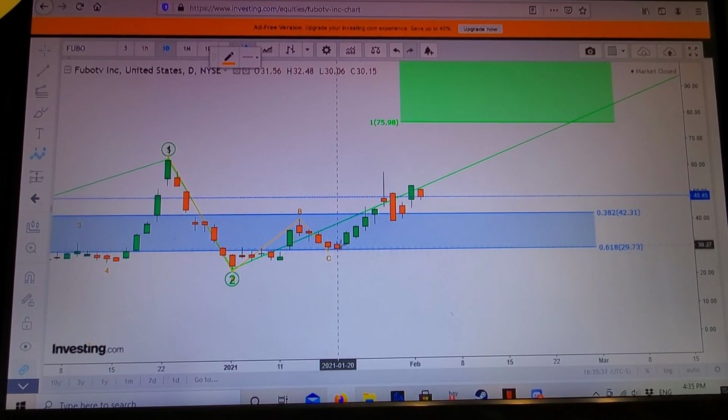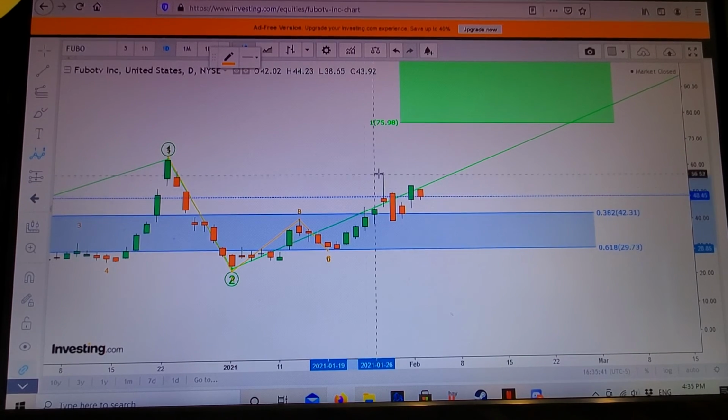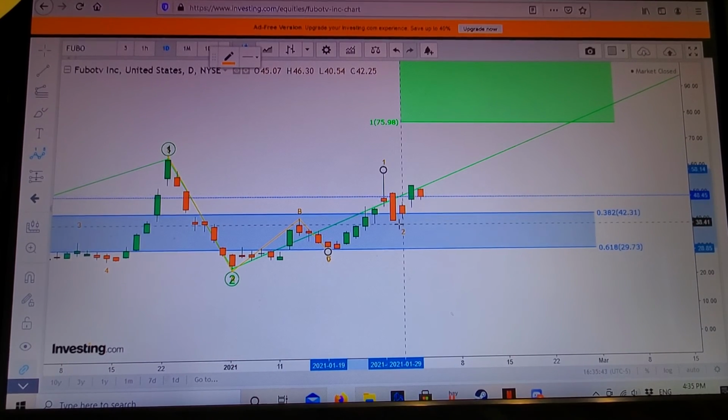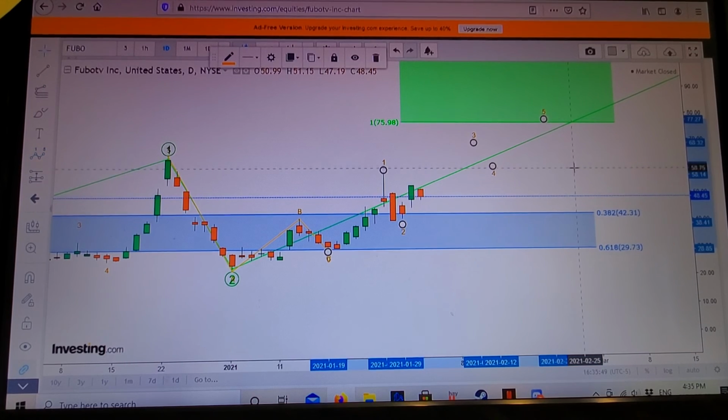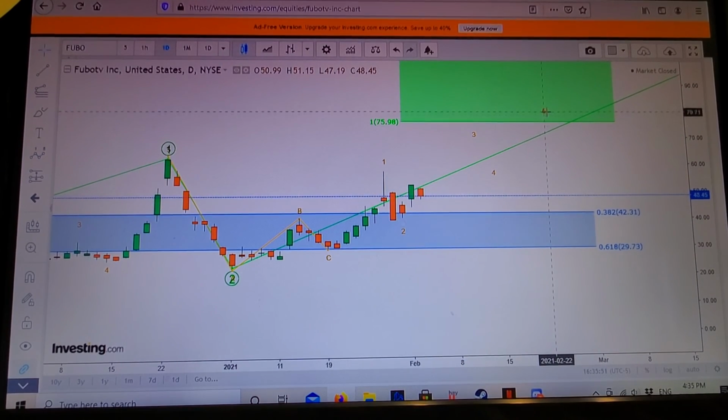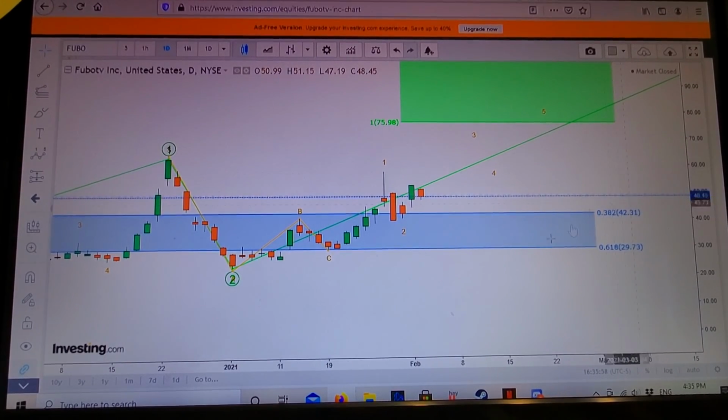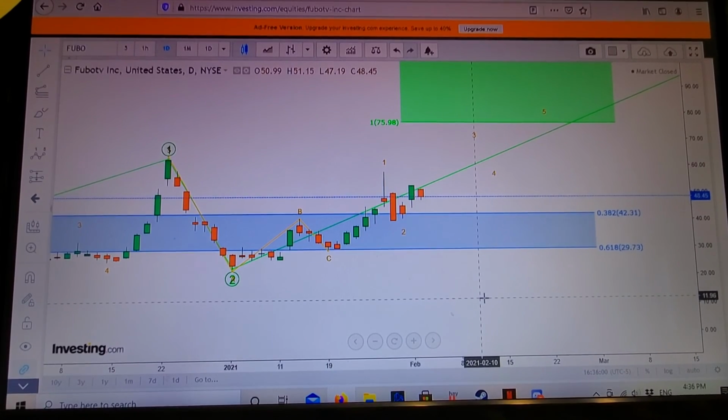Starting, I would say this is the first push, so we'll start at the bottom. I would map 1 going up to here, 2 to here. This is still all in an uptrend, so 3 could be, I don't know, here, 4 here, maybe 5 here, just a rough guess. And maybe 5 would be up in our first price target before it would ABC, before going up to our ultimate $100 target. But it's a loose, rough guess.